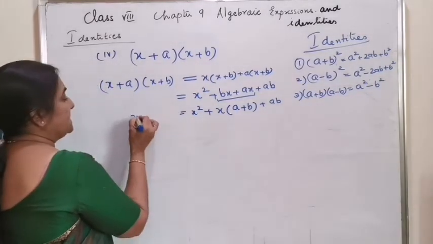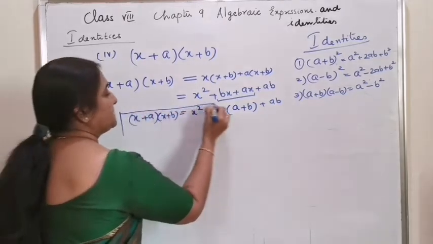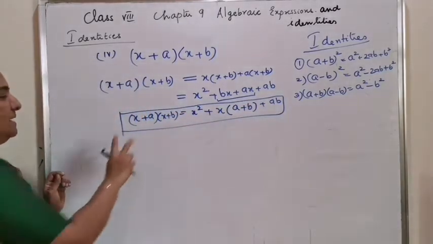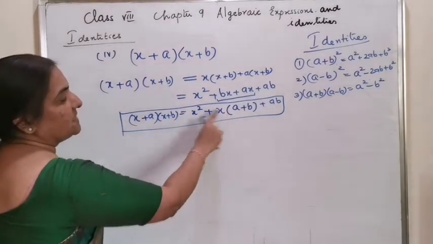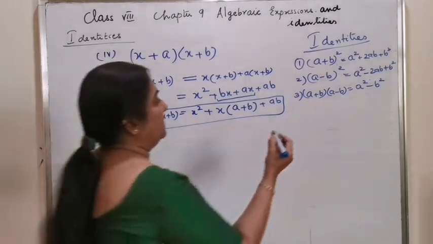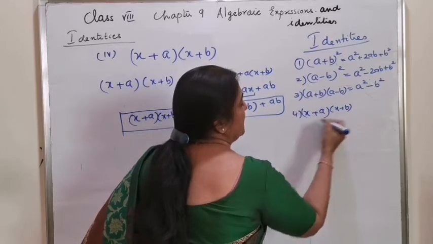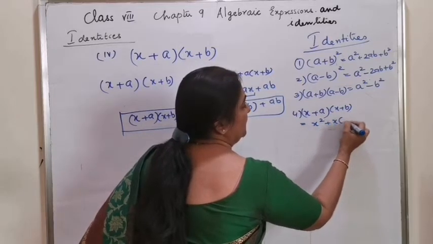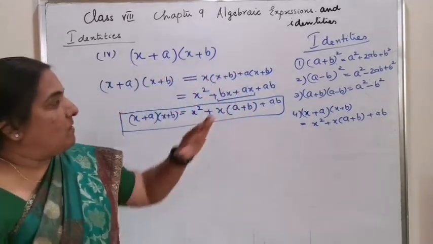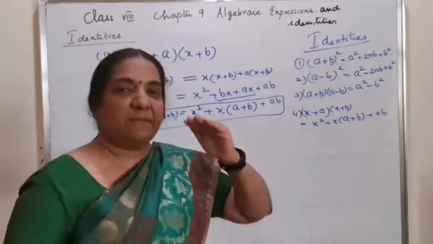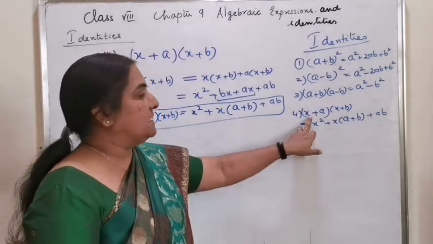So what is the fourth identity? (x plus a) into (x plus b) is equal to x square plus (a plus b) of x plus ab. The fourth identity is (x plus a) into (x plus b) is equal to x square plus x into (a plus b) plus ab. All these three identities can be directly applied, whereas the fourth identity, (x plus a) into